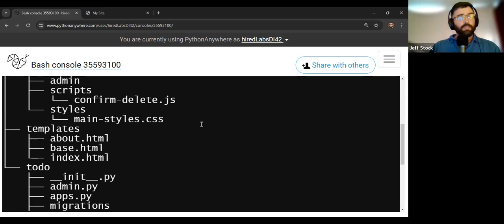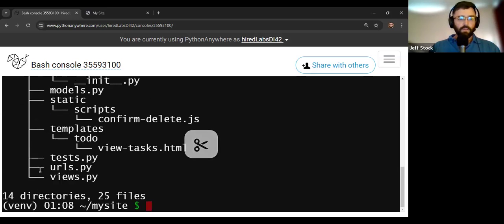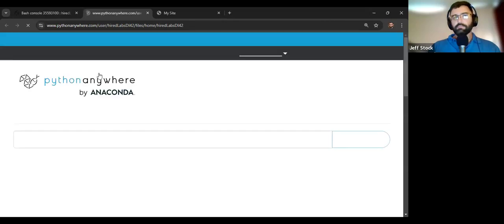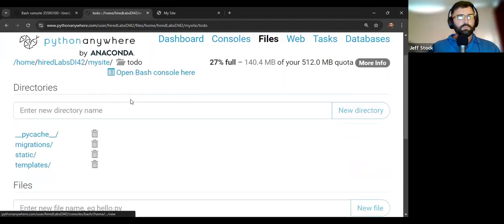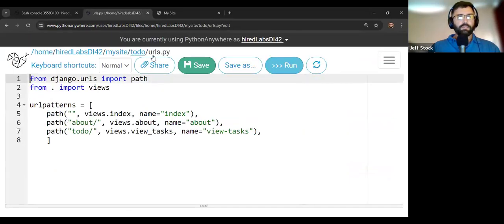And what we're going to do to namespace, since we're namespacing URLs, the first thing we're going to do is go into our URLs in our to-do directory. So this to-do URLs, and I'll just open it up in the GUI so we can work in our code editor, text editor. All right, there we go. So I'm going to go into my site, to do, and down to urls.py. So we're in my site, the to do URLs